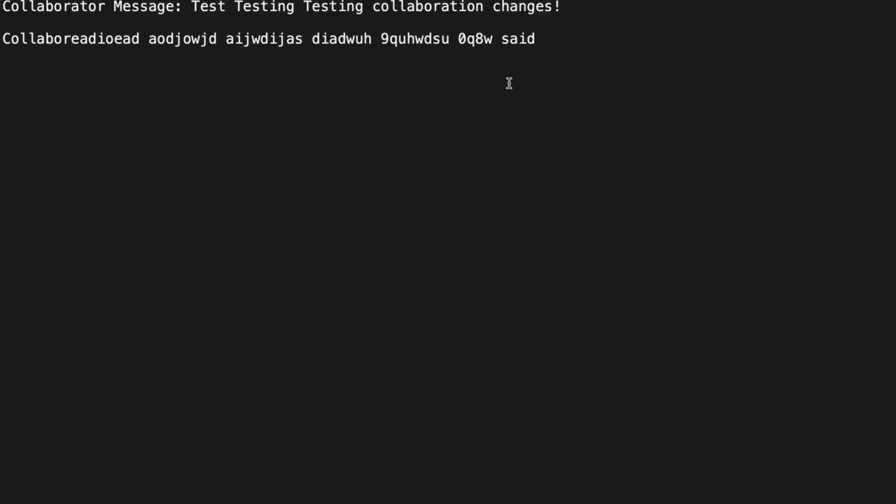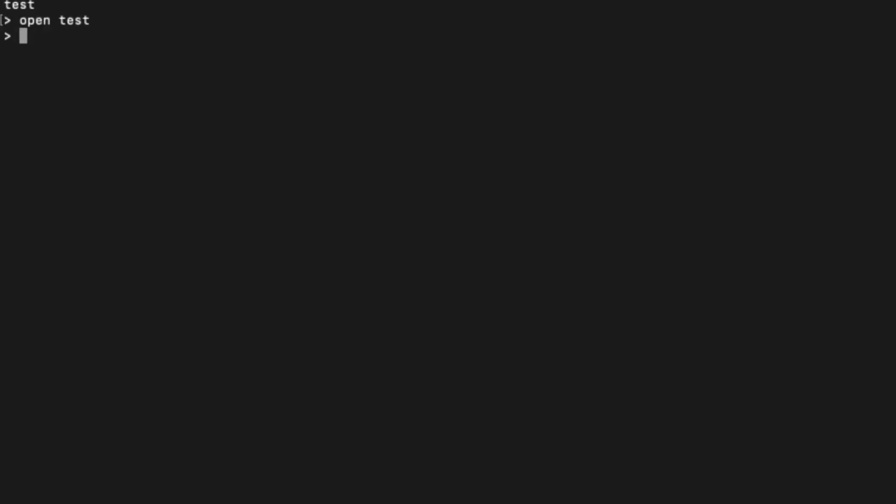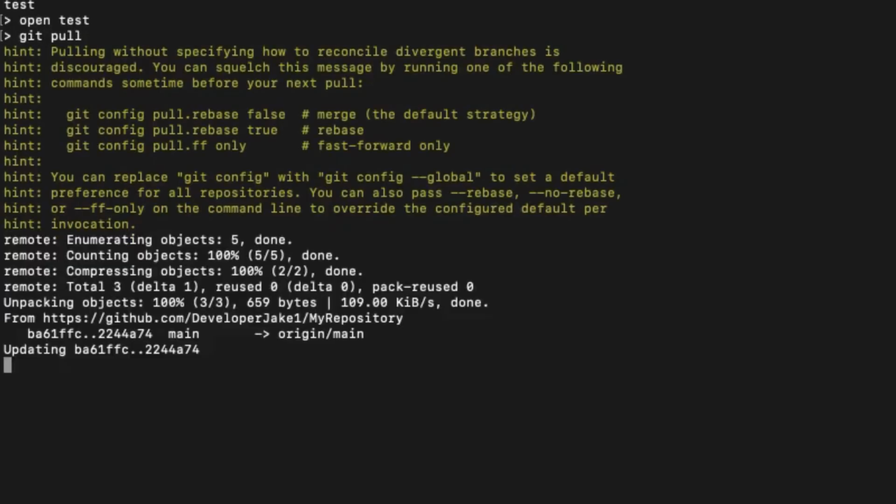as you can see, the changes haven't actually come across yet, even though inside of GitHub it says edited file and I edited it here. That's because there's one more step that we need to do, which involves going back to the terminal and doing git pull. And now it's just updated the test file, which was edited by another peer or collaborator that was potentially adding